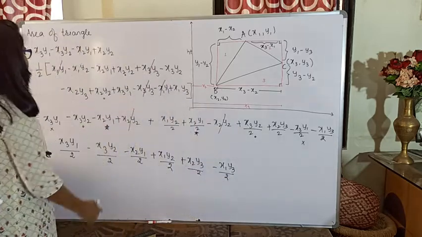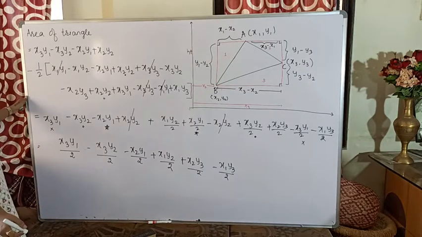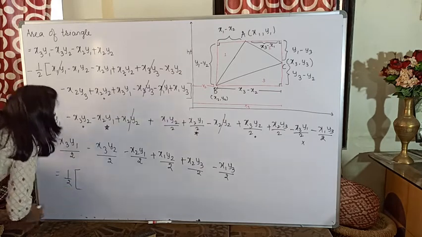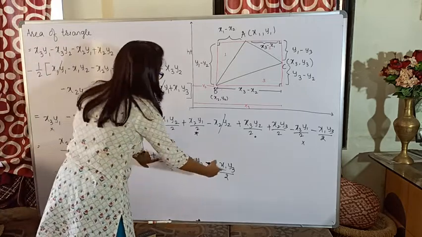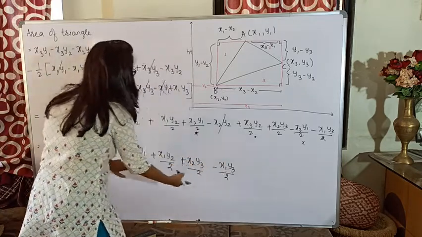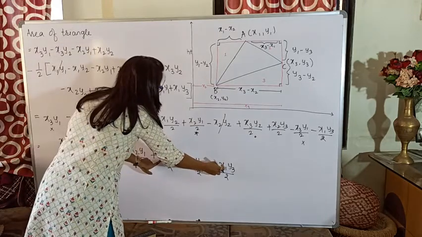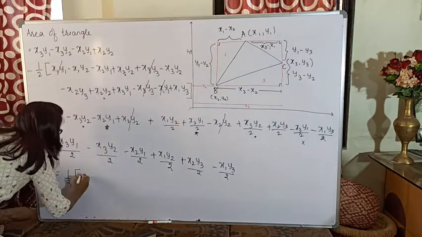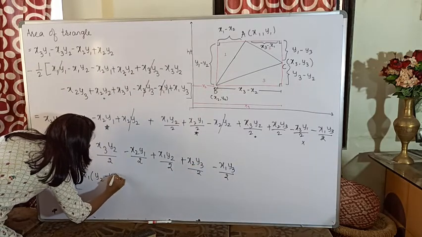Okay, so I have taken all the terms. There should be total 6 terms in it. Now see if you can take anything in common. Everybody is having 2 as its base, so I can take 1 by 2 as common. Now let us go serially. x1 y2, x1 y3. 1 half I have already taken as common, so I will not consider the denominator. So from this I can take x1 common. So what am I left with? y2 minus y3. So write down, so taking x1 common, y2 minus y3.